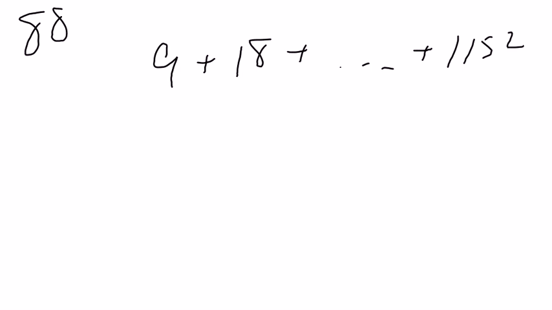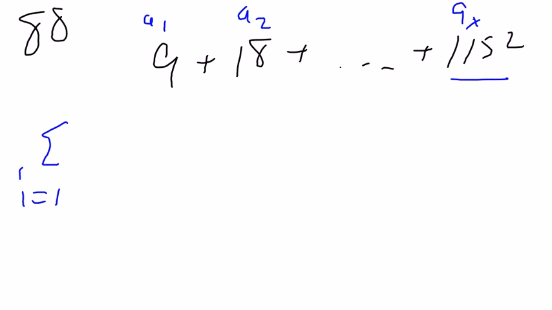Alright, so here's number 88. We start with 9 plus 18 plus a bunch of dots plus 1152. So this is the first term, here A1, here's A2. We need to figure out what that is. Because once we know what term this is, then we can